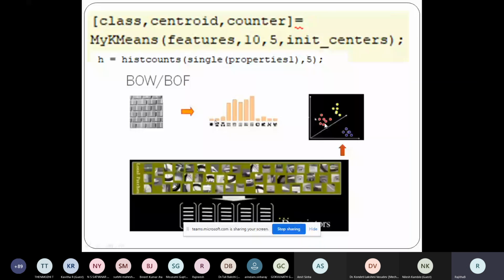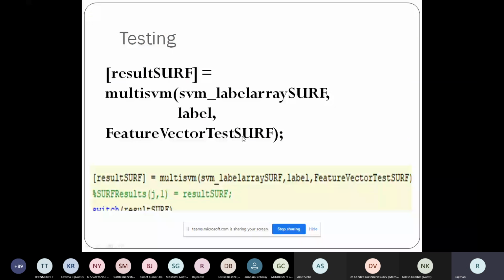Now I'm taking this trained model with the labels, the train feature vector with the labels, and the test feature vector. I'm now testing on my SVM. In this result, you will know whether this particular test image belongs to category 1, category 2, category 3 or category 4. So it is going to give back your result.